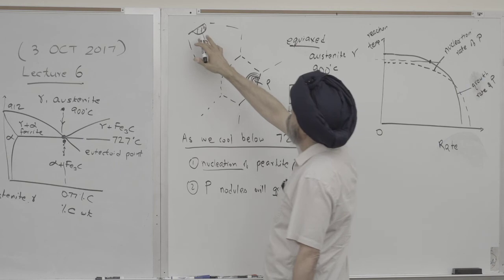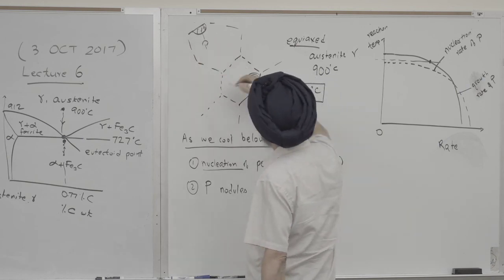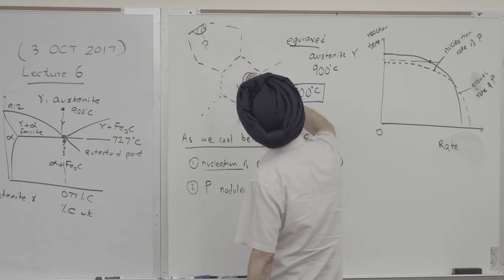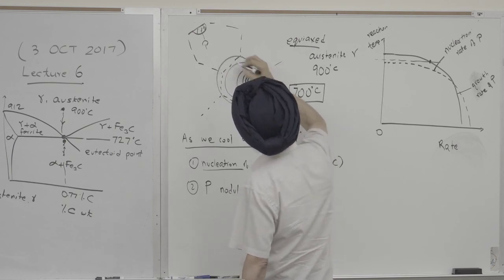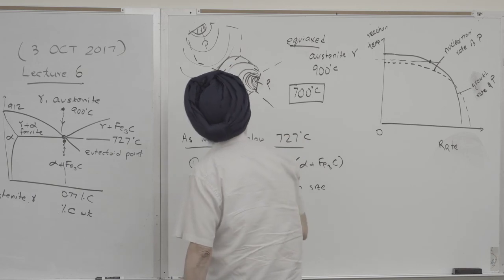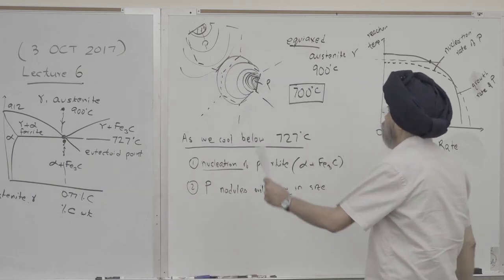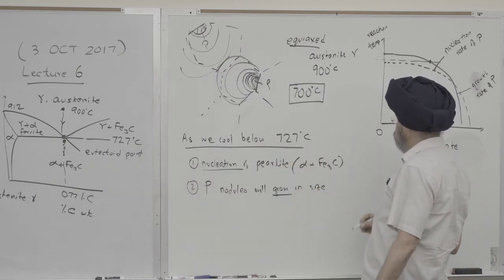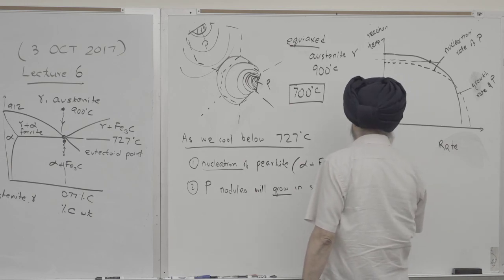So see, I only showed two places of nucleation. The growth rate will be high, so the pearlites will grow. These two nodules, they'll come together. So let me just write over here. What happens at